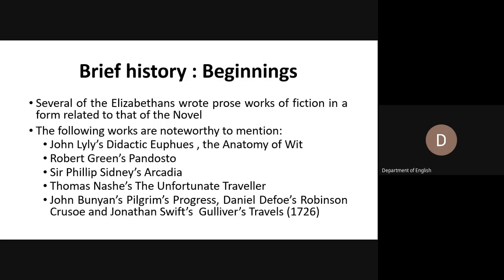Now, before we understand what a novel really is, let's go on to learning the brief history of the novel, or in other words, let us see the evolution of the form of novel as a literary genre. Still, in other words, let us see the beginnings. Several of the Elizabethans wrote prose works of fiction in a form related to that of the novel. The following works are noteworthy to mention: